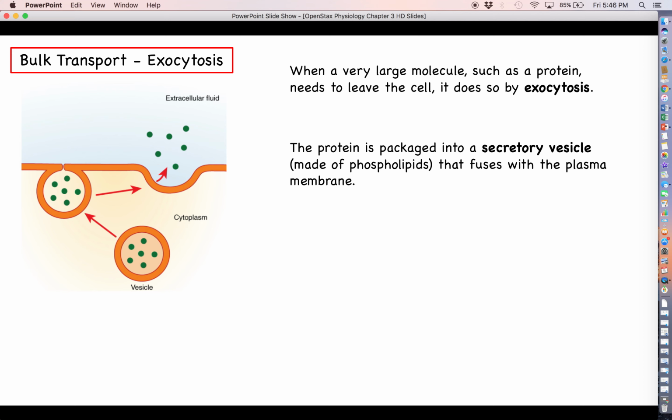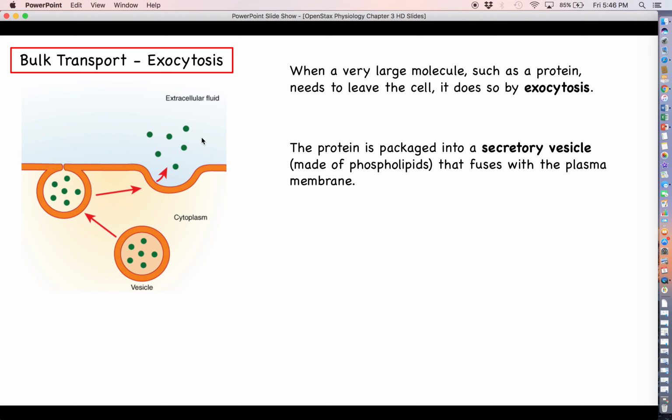When a protein is made inside the cell, when we have finished synthesizing a protein, which we'll talk about towards the end of this chapter, the protein is going to be packaged into a very small package called a secretory vesicle, which is made of the same material as the plasma membrane, and it will migrate to the surface of the actual plasma membrane, fuse with it, and that causes the release of the protein